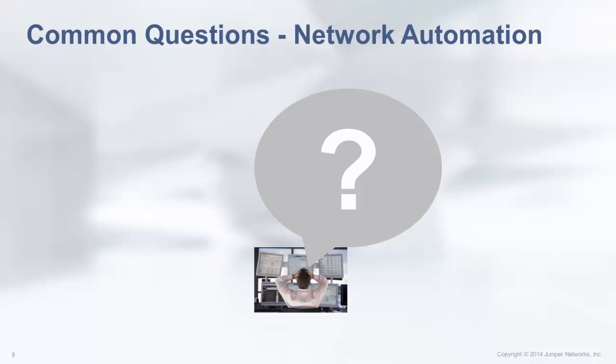Actually, the most popular question I get about network automation is, what is network automation? And when people ask me that, I return to them with the question that it's the same thing as asking a network engineer, what is networking, right? There are so many different avenues that you can go down to explain it, and they're all right, but automation means something different from one person to another. And it's not something that you can just package nicely and say, this is automation, right? Just like you can't say, this is networking.